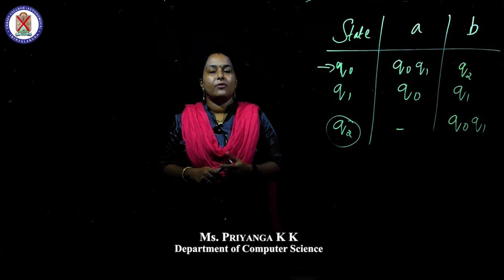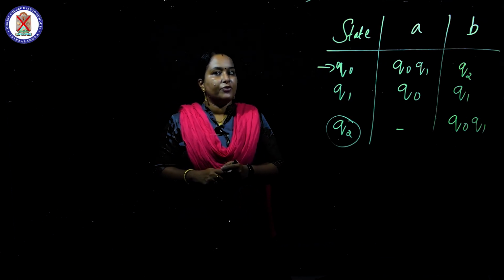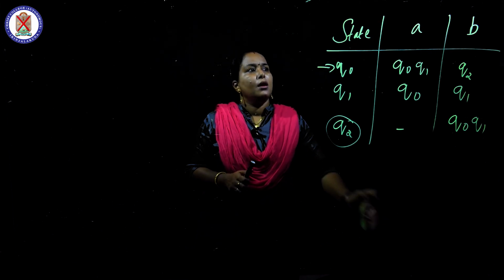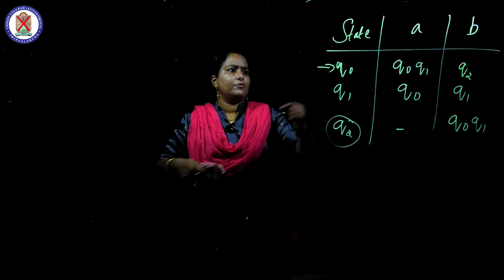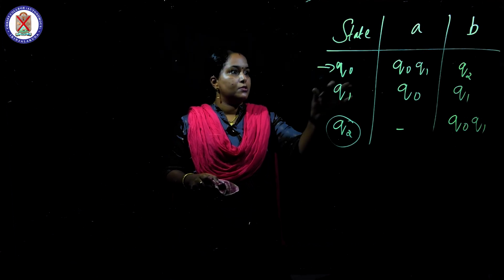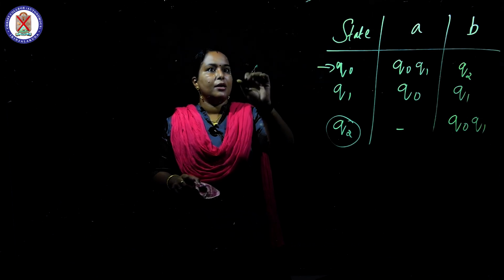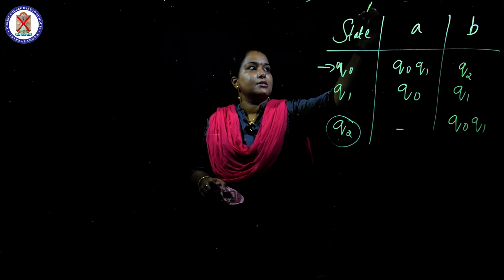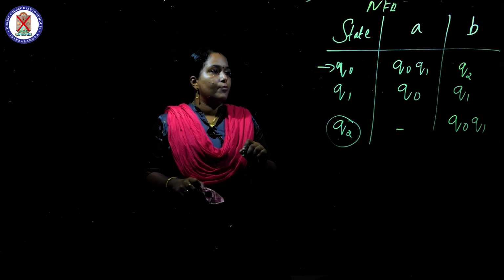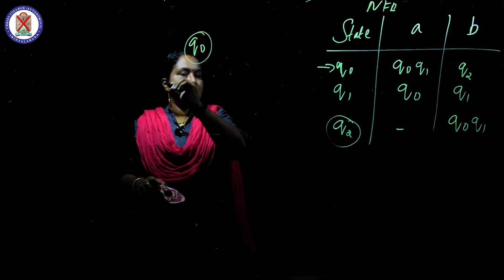Hi everyone, we have already seen the first example of the NFA to DFA conversion. It is our second example. Look at this, which is the start state Q0. In the earlier method also, from the transition table we are drawing the transition diagram. So this is the transition table of NFA, and I am drawing the transition diagram of NFA. How it will look: Q0 is the start state.